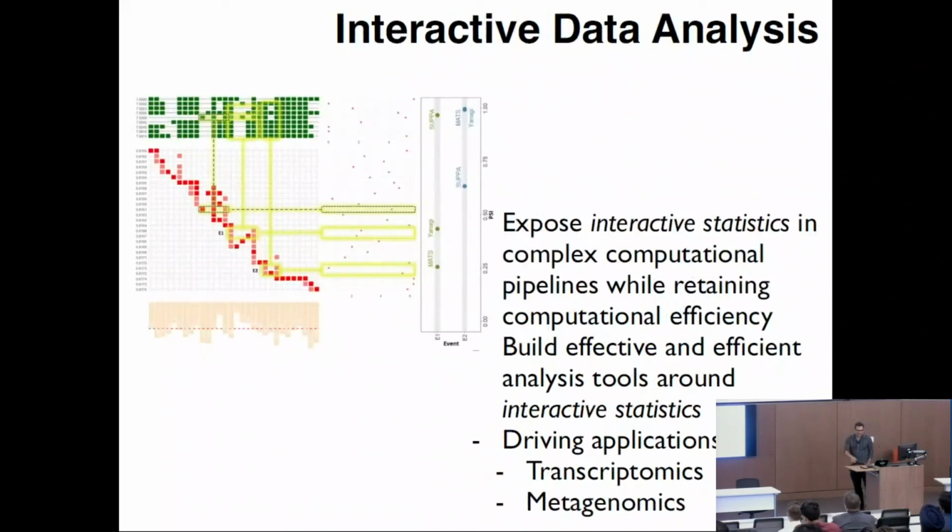And the last little bit on how we attack interactivity is this idea of breaking the pipelines that make data very, very efficient to process. All these great pipelines that Rob is talking about are fantastic. They give us a lot of computational efficiency, but often we don't know exactly what they're doing, which is fine, but not satisfying. So can we come up with what I call interactive statistics